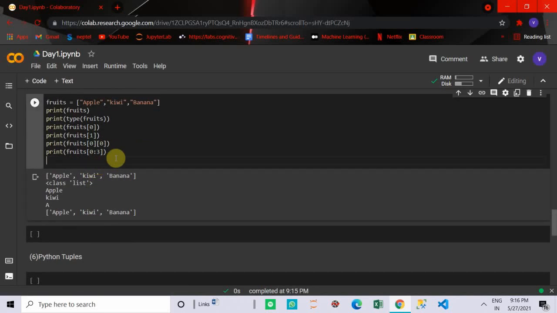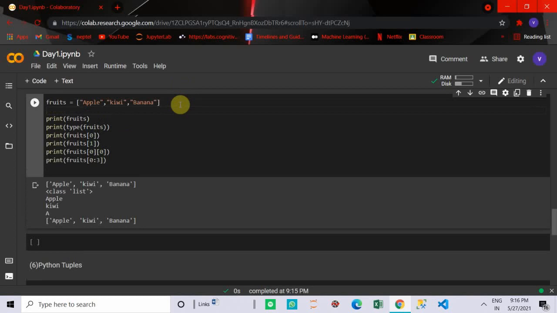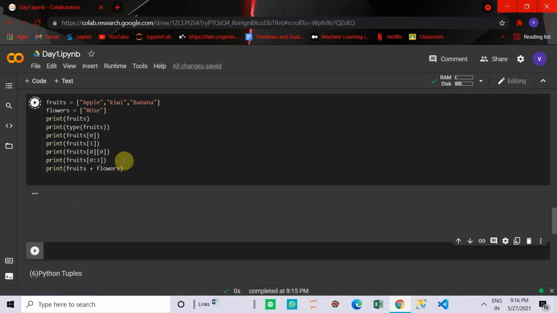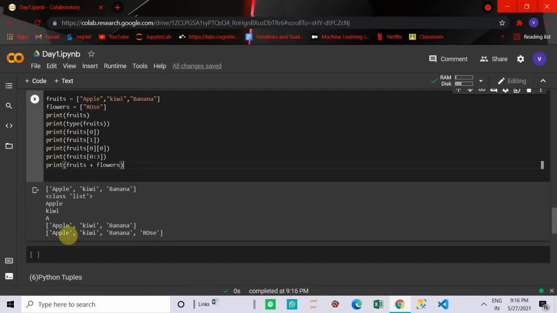Concatenation is also there in Python lists. Take fruits and flowers, where flowers is rose. I can add both using print fruits plus flowers, that is apple, kiwi, and rose.